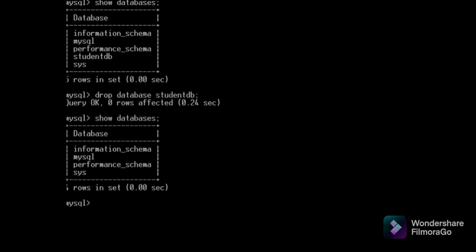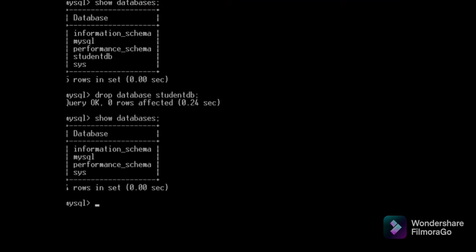So data definition language is nothing but you have the create statement. You can create a database, you can create a table. Then next is alter. In alter you can alter the structure of your table. You can add an attribute, you can add a constraint, you can add a data type. You can remove by using the drop keyword, and you can modify using the modify keyword. And one more we learned about drop table and drop database. This is all about data definition language. You can just remember create, alter, drop.